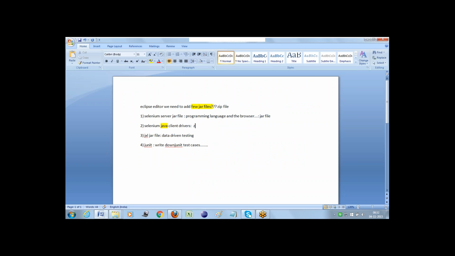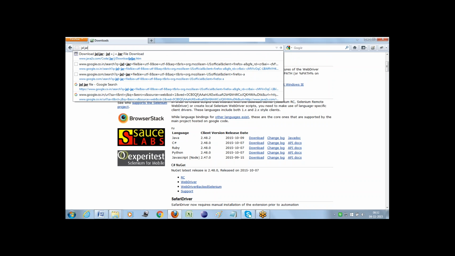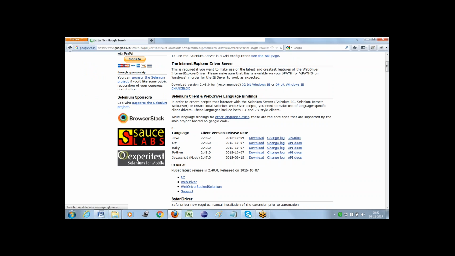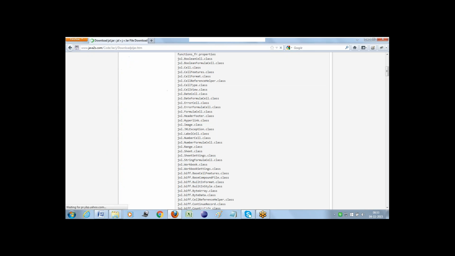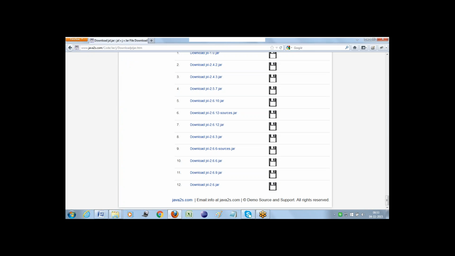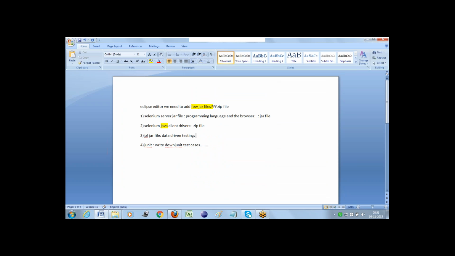I just specified it as a zip file. So it got downloaded too. And the next one is the JXL jar file. Download the JXL jar file. Click on this link. It will navigate to the JXL downloads page. See here, jxl.jar.zip. This JXL jar file is going to download as a zip file,